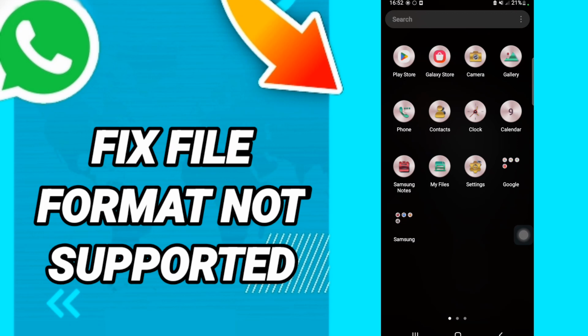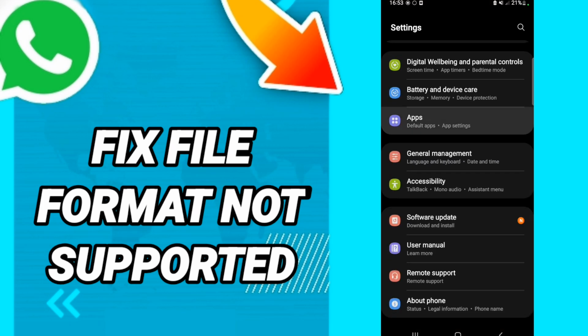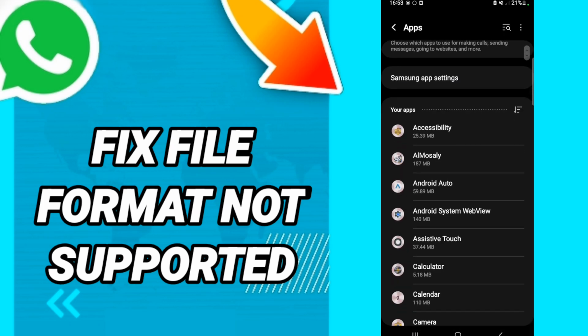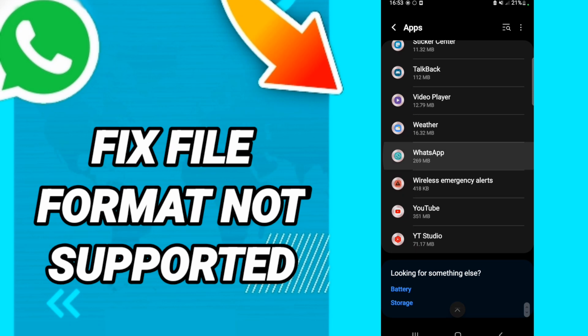To know how to fix or how to solve WhatsApp file format not supported, you should just go to settings like this. We will click. After that, in this page you will go to apps. Here, default apps, app settings. When you will see this list, you will go down to find the application of WhatsApp like this, and you